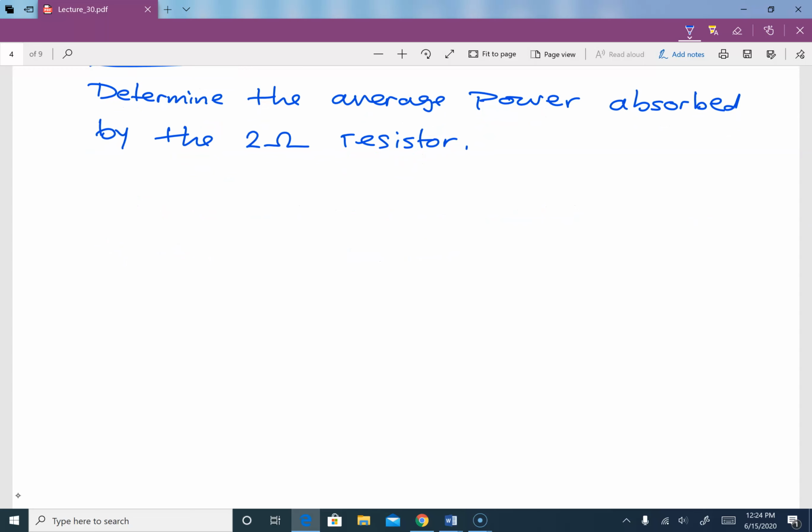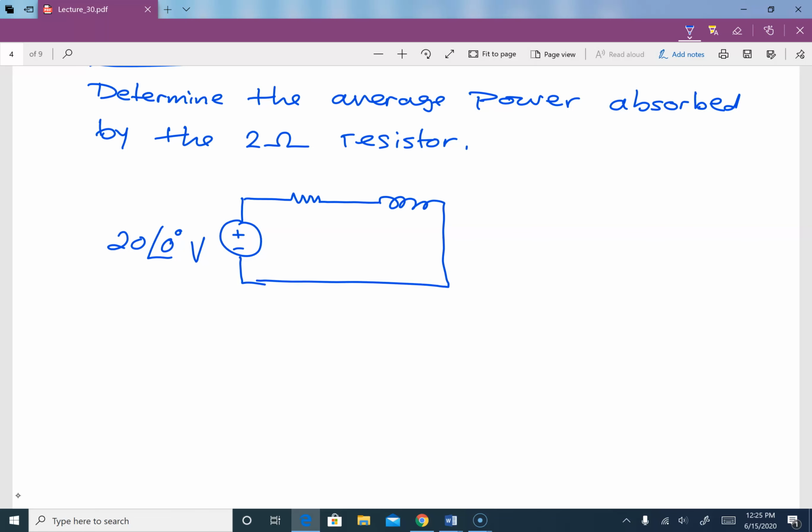And our circuit is like this. This is a 20 with angle 0 volt. This is 2, and that is j2. And this is over here, let's say,